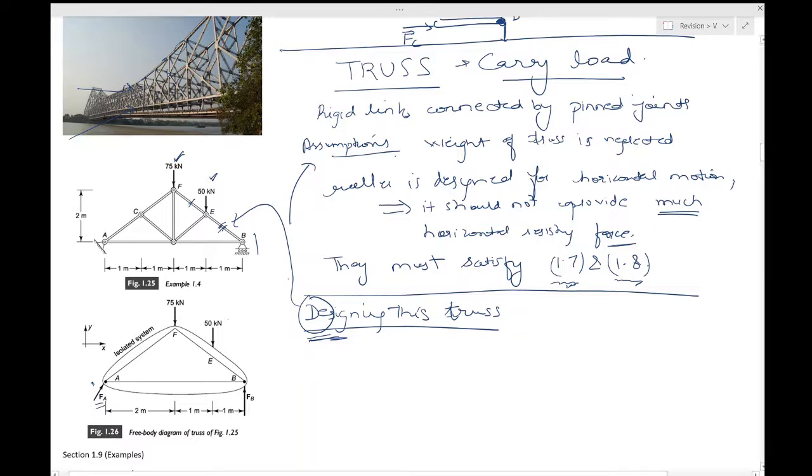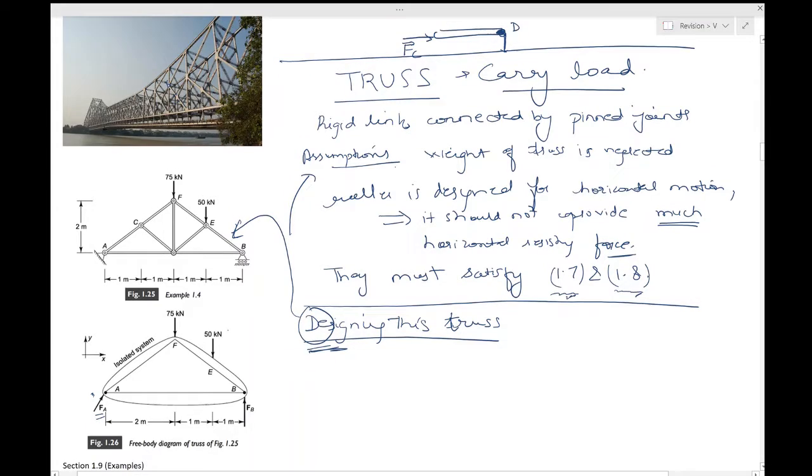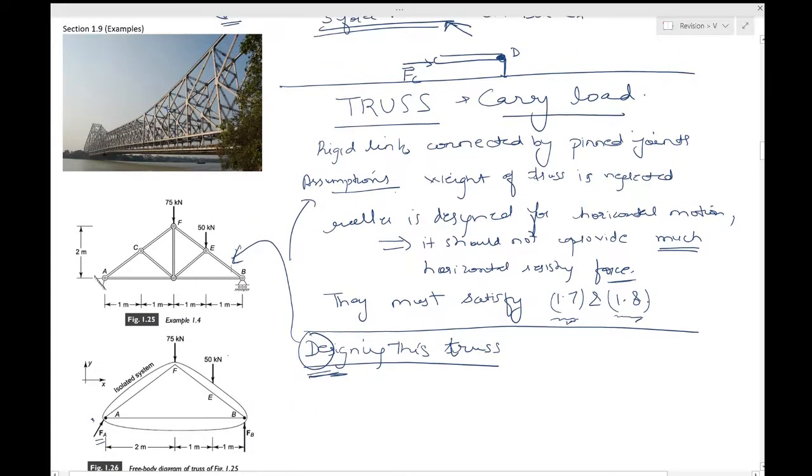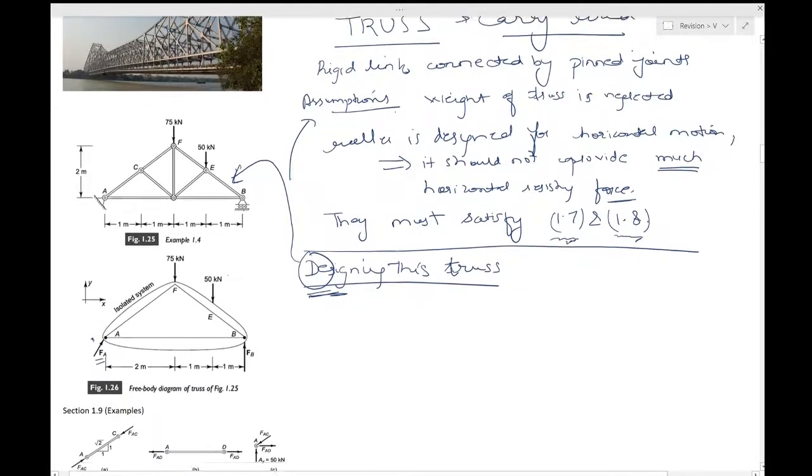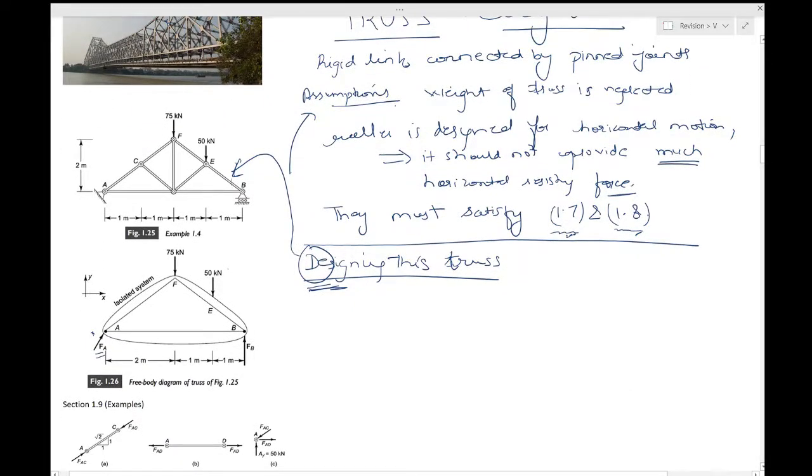So designing this little structure, we will keep our scope slightly limited to our easier examples, so that we can understand and appreciate, and eventually sometime in life perhaps you should be doing things like this. Big great things. Okay, so the designer of this truss, however, is interested in how the loads are transmitted